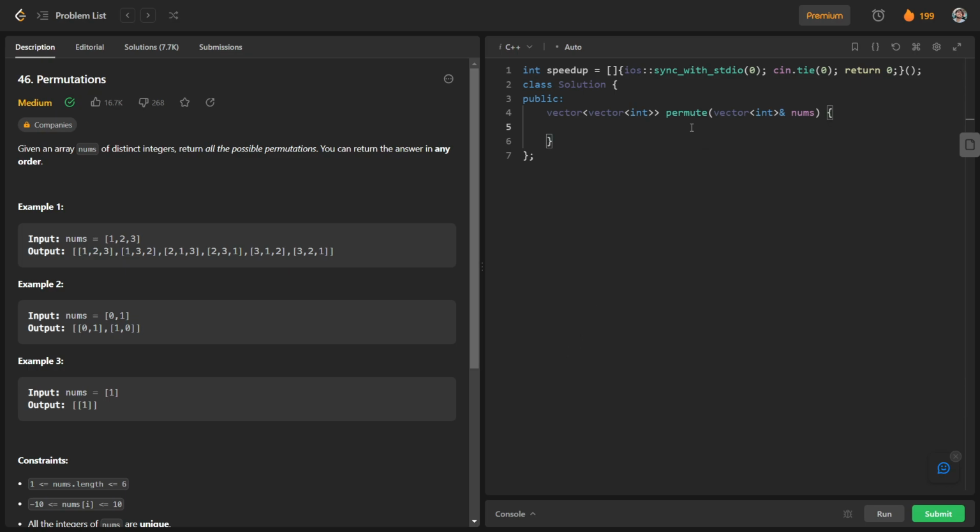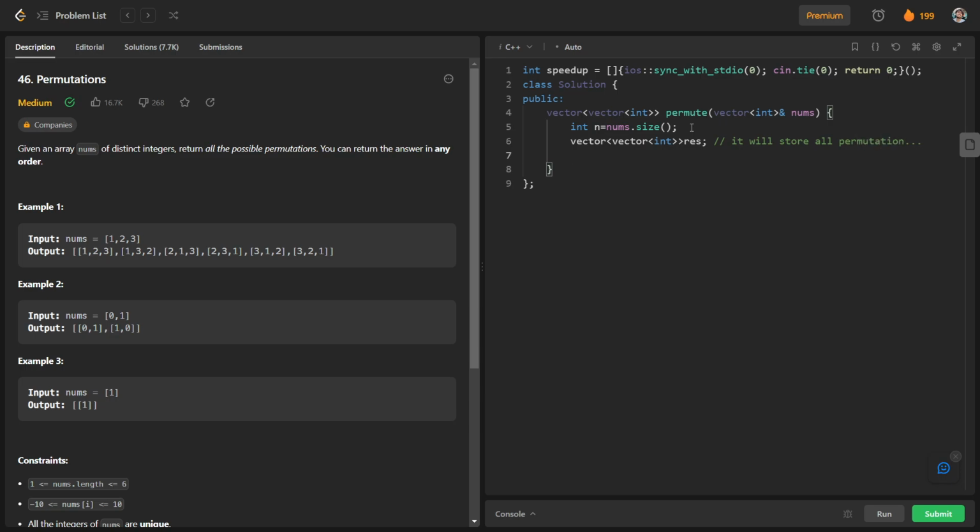We will have some variables with us. Let's say int n is equal to nums dot size, which is going to be the size of our array. We will store all the permutations in a resultant vector, which is going to be a two-dimensional vector, so let us say res, and I will write here that it will store all permutations.